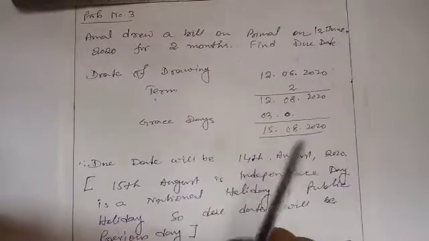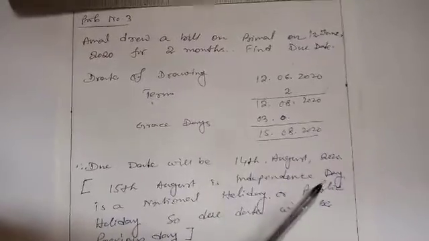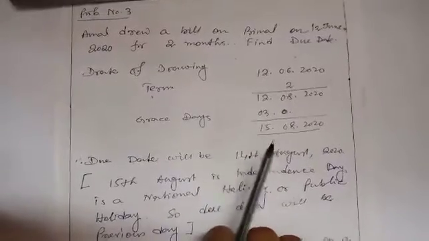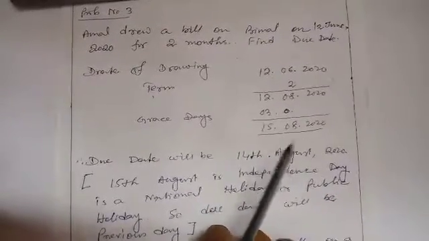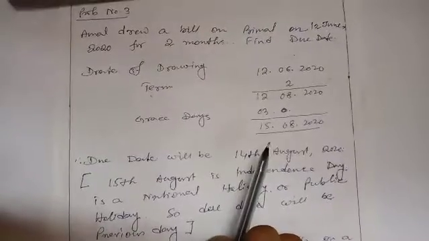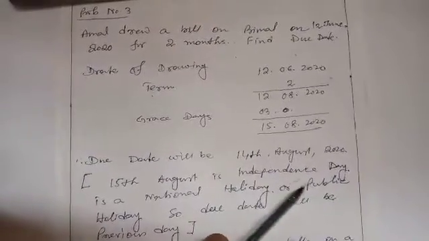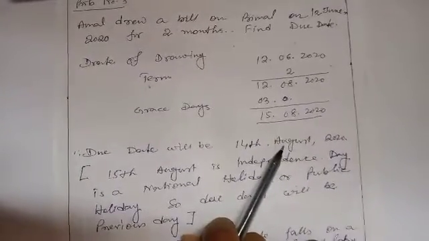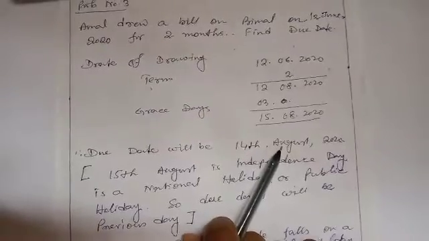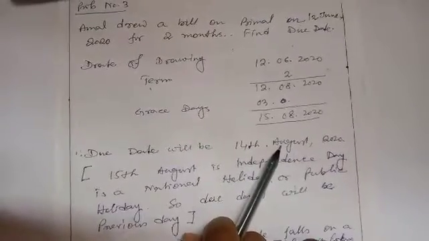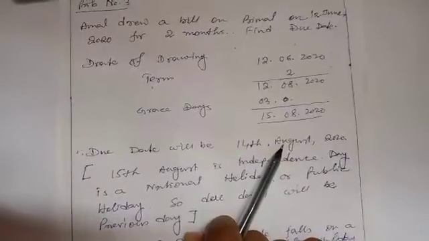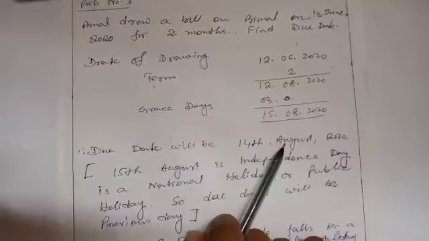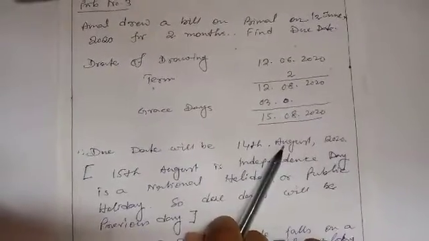In case of the national holiday, only the previous day, because a national holiday is known to everybody. But other days when the government declares a holiday are not known to everybody, it will depend on certain events. That is why the next day will be the due date. So this way you have to find out the due date. Be very careful, otherwise when you have to pass the journal entries on maturity, if you cannot find the due date properly, there will be a mistake in the date, and accordingly marks also will be deducted.